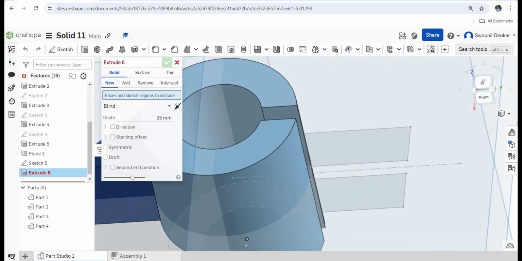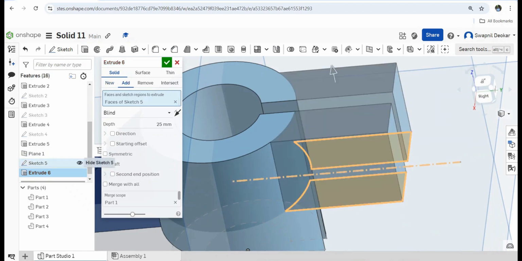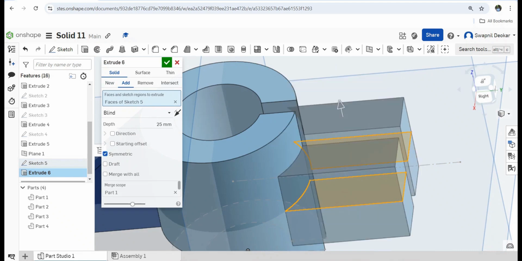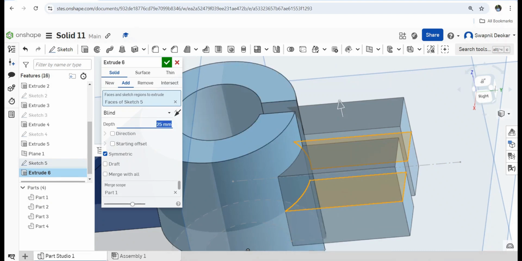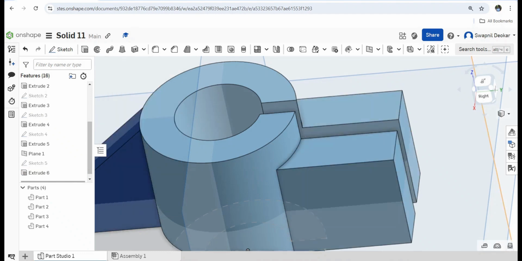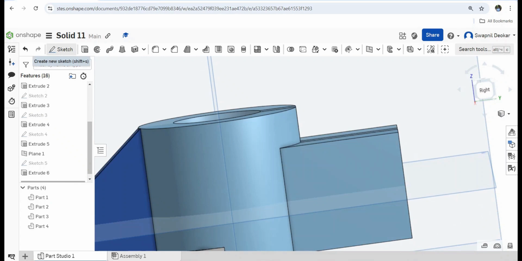Now extrude, select the sketch 5, say symmetric. Okay, so what is the diameter of this? It is 13. So here 30. Done. Now next is that sketch